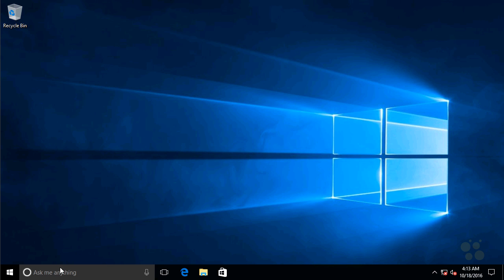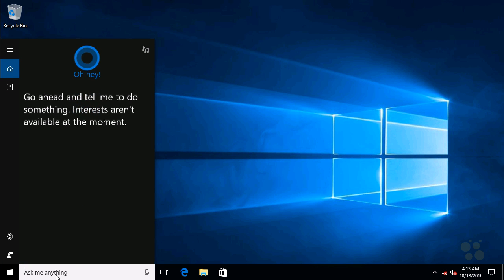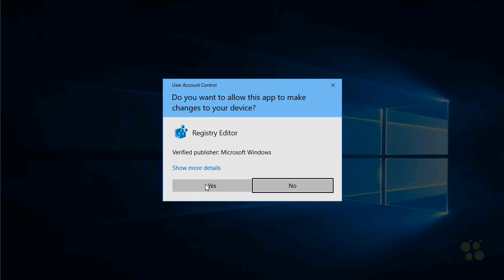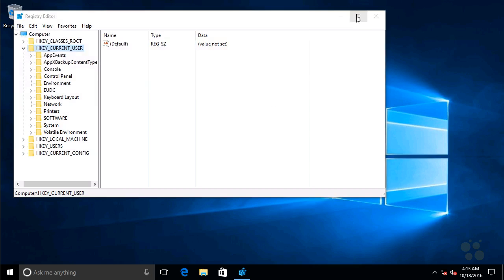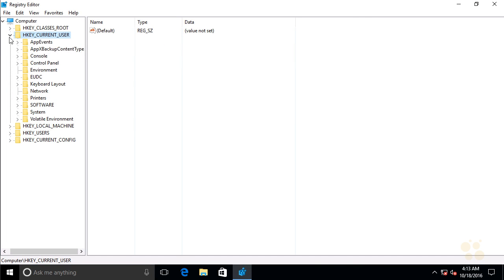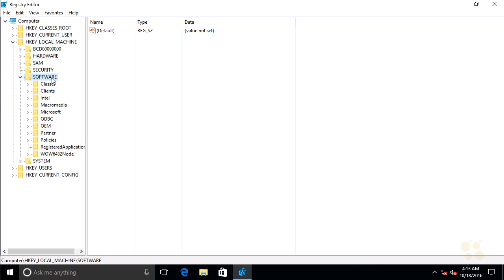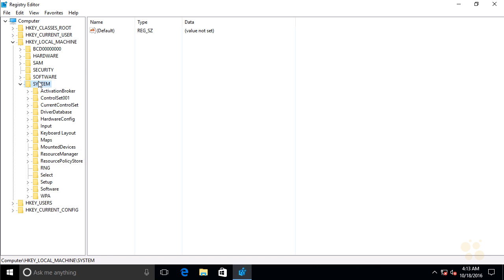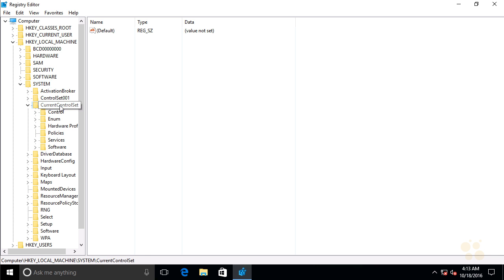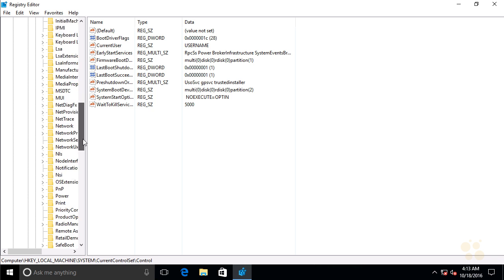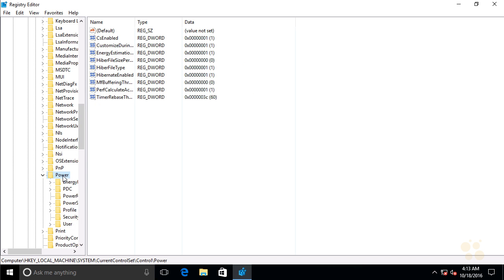So let's go down to our Cortana area and let's run regedit. Inside regedit, what we're going to do is go to HKEY_LOCAL_MACHINE, and then we're going to go to System. We're going to go to CurrentControlSet. We're going to go to Control. Under Control, we're going to go to Power. And inside of Power, you'll see